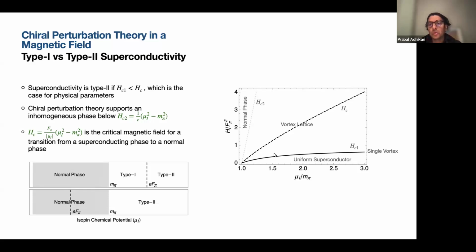And the reason this heuristic is important is because HC1 is only numerically known. And what we want to do is ask whether it's possible for this HC2 to be below HC, which gives you type 2. So what I actually want to say is, basically, we want to compare HC with HC2 to determine whether the superconductivity is type 1 or type 2. If it turns out that, I'm forgetting the argument here, but basically, if HC turns out to be